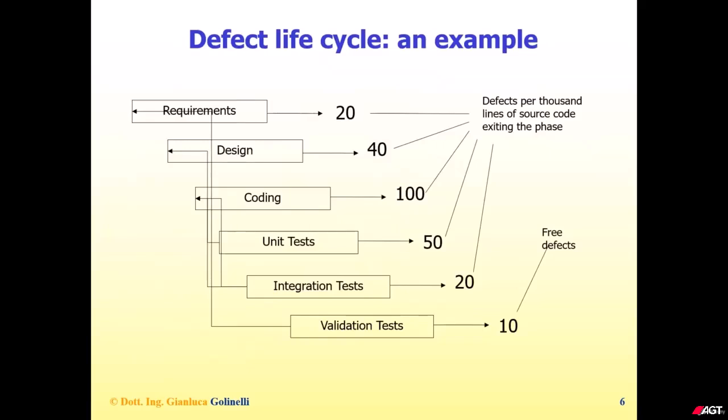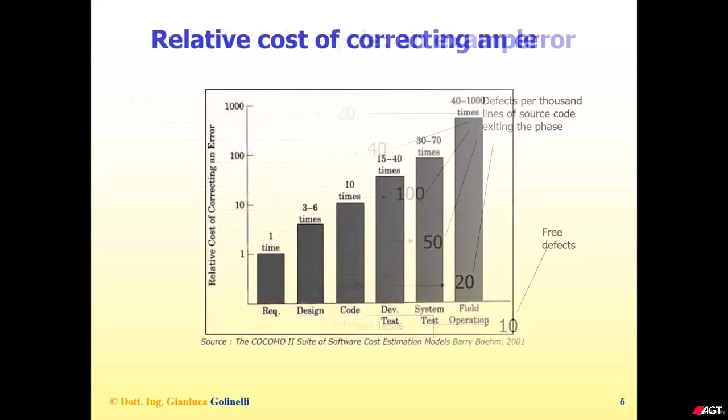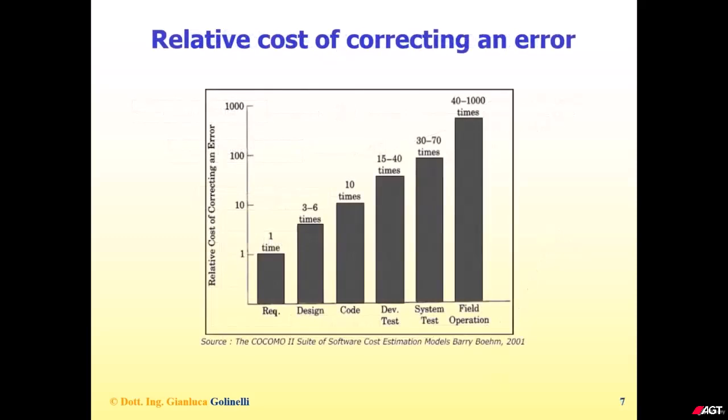Statistically, it has been proven that at the exit of each stage of a software lifecycle, a certain number of defects per 1,000 lines of code remain undetected, even from the last final validation phase of the software. This graph shows